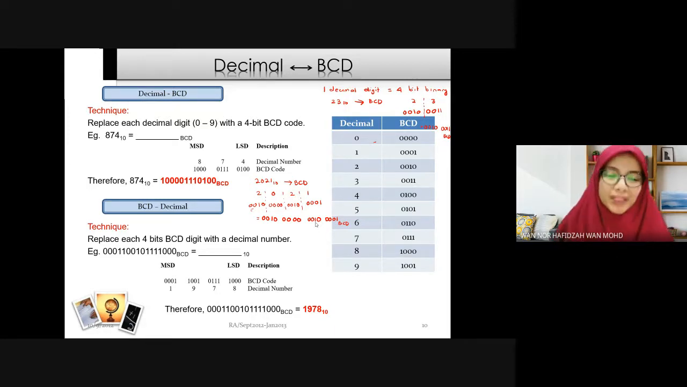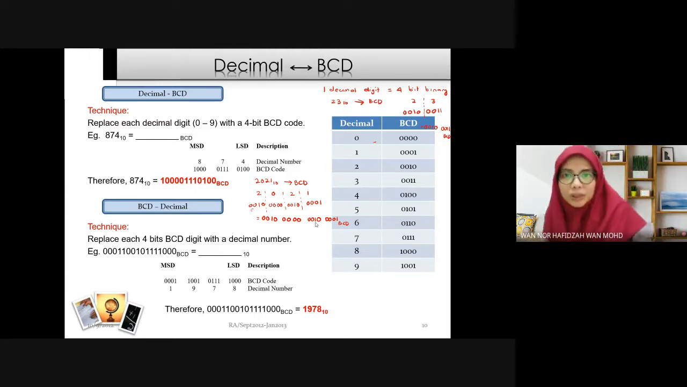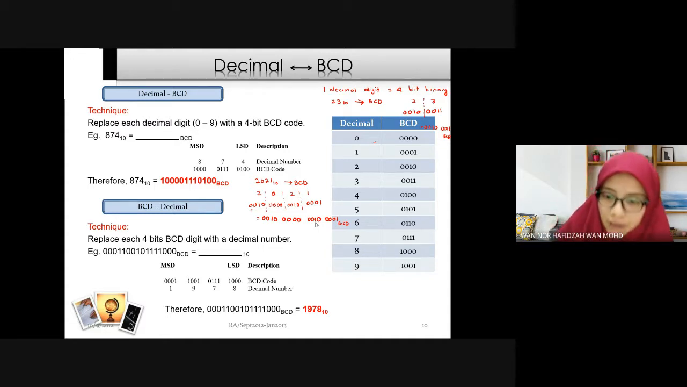So you understand? Okay, for BCD to decimal, it is also easy. How to do it? We must group each 4 bits. Group each 4 bits starting from the LSB to form a decimal number. For example, we have, just an example